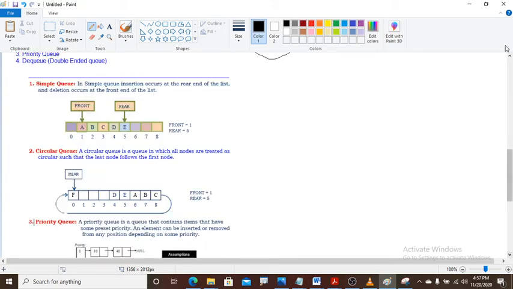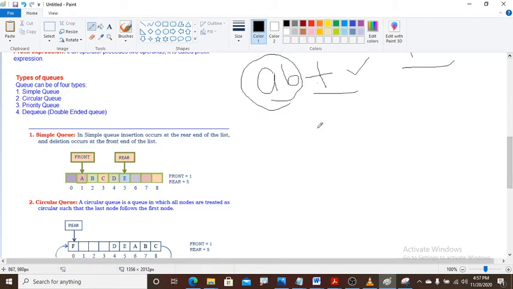Types of queues. One of the important concepts in data structure. This is the most important chapter. Generally, for all chapters included, 14 marks are allotted for this chapter. But in this pandemic situation, some chapters may be removed, so you may get almost 20 marks in this. If you prepare this chapter, you will definitely get more marks.